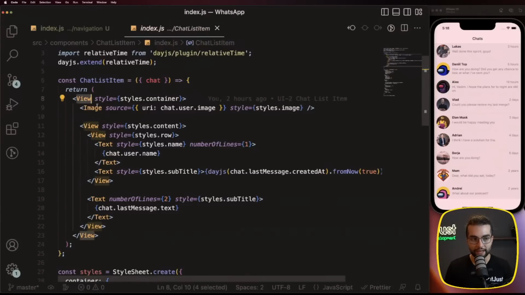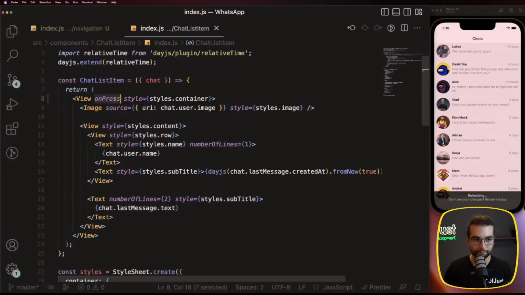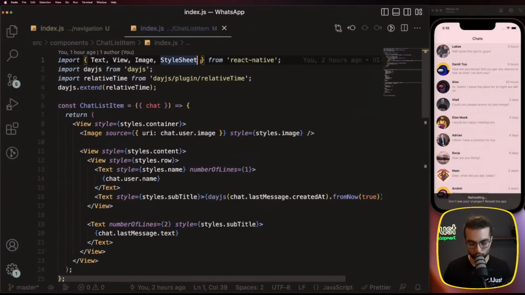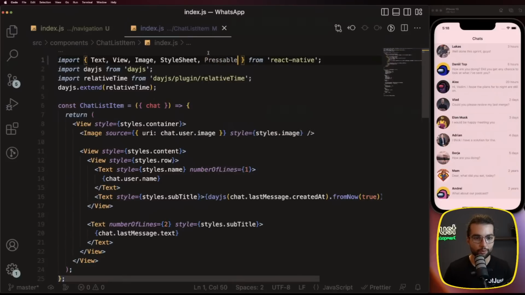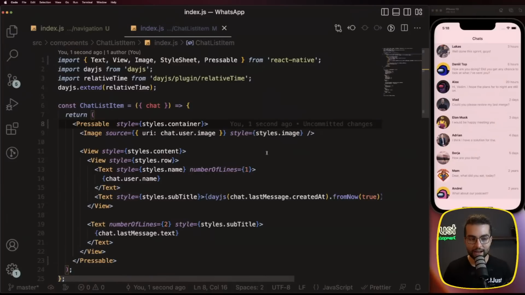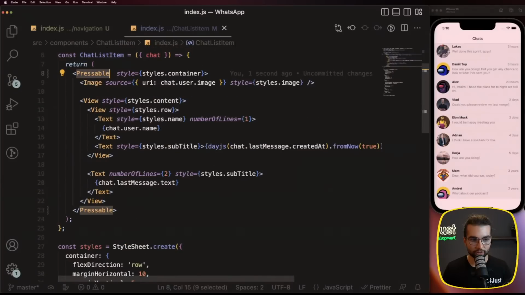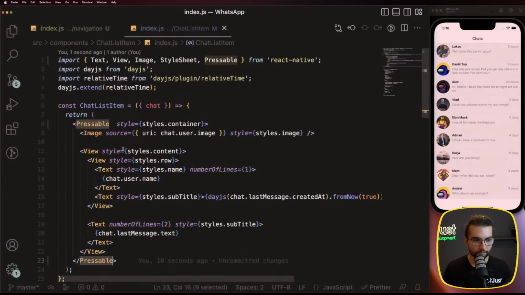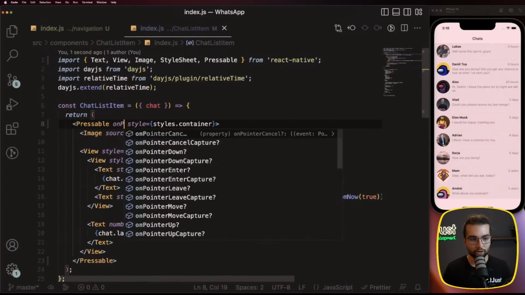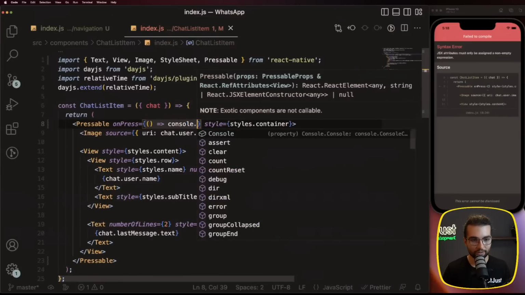To detect press events, we cannot do that on a view because there is no onPress event. We have to replace it with a pressable component, which is basically a view that also handles press events from the user. Now, by replacing it with pressable, make sure that it's replaced both at the top and the closing tag as well. By doing that, we can specify the onPress event here, and we can say we need to do something here. Basically, console warn